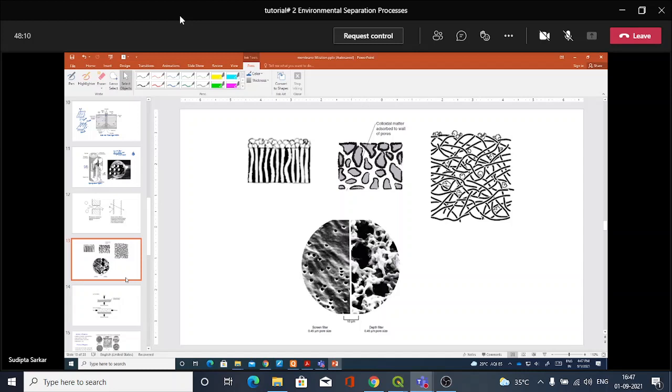Now you can see that one type of mechanism is cake formation. So what happens is that, see, these are the channels that are created. This is just the thickness of your membrane, the thickness or cross section of the membrane,